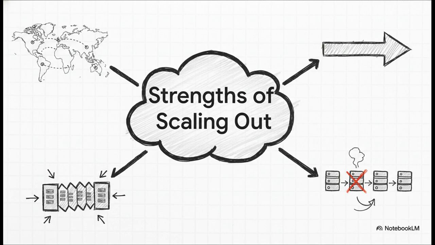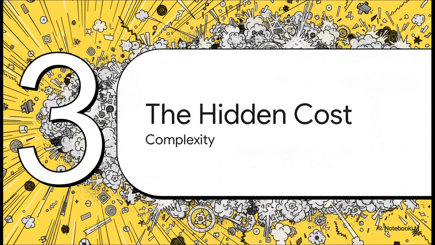That's fault isolation. You can spin up new servers when traffic is high and shut them down when it's low. And you can place servers all over the world to be closer to your users. But, and this is a huge but, all of this incredible power comes at a price. And that price is the villain of our story today, a massive, and I mean massive, explosion in complexity that